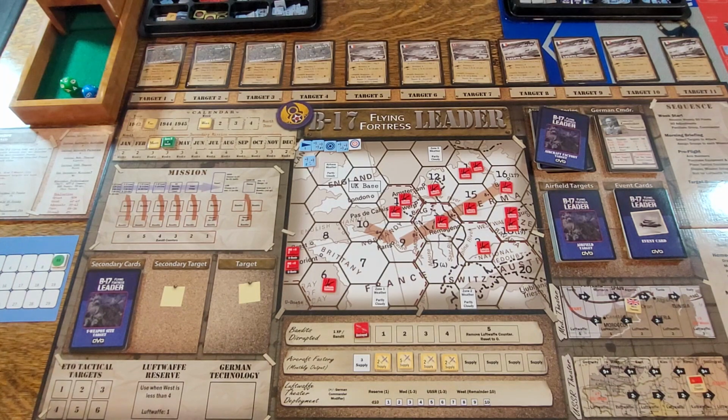Okay, purchase any groups of commanders. I'm not going to do that right now. Purchase groups, commanders, or recon assets. And now we're going to do the morning briefing. So we are going to select the targets to attack. And I think the first target we are going to attack